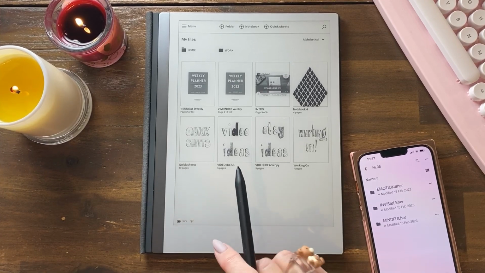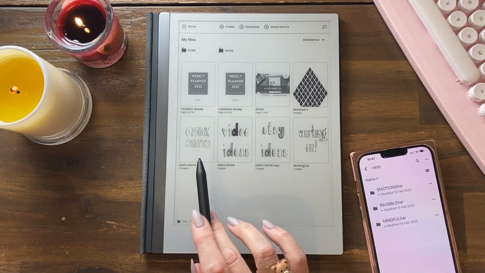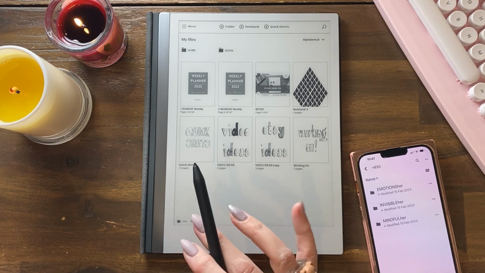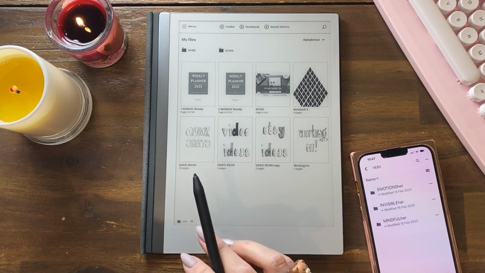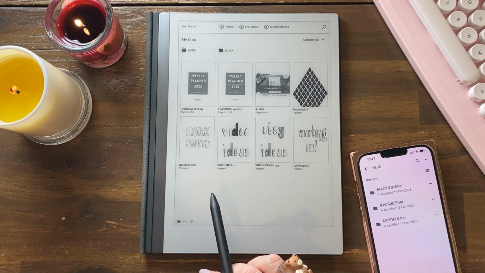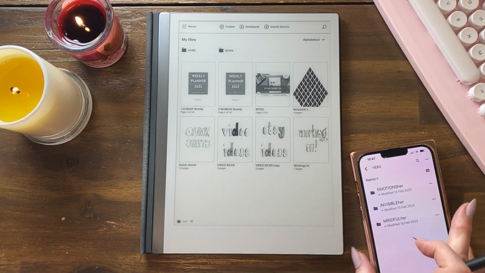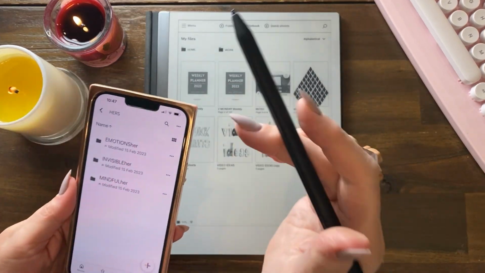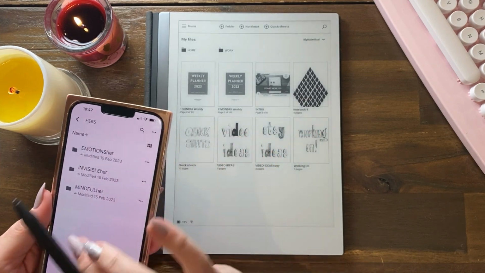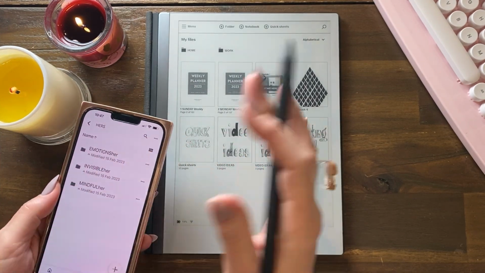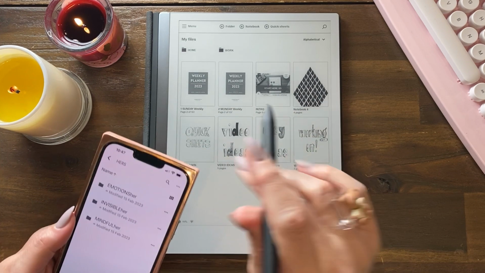Okay, so how can we quickly upload a document, a PDF document? You can do this with EPUB documents as well, using the phone app. So here's my phone. I'm going to upload a couple of journals onto here, the journals that